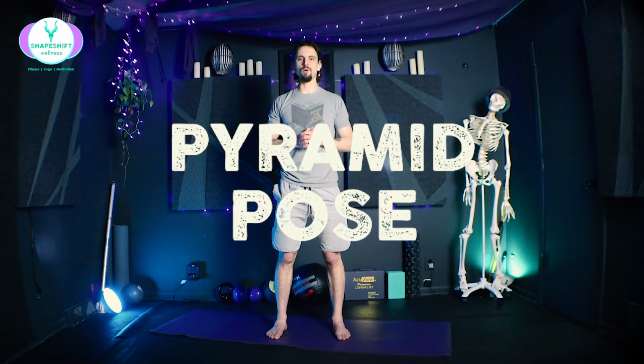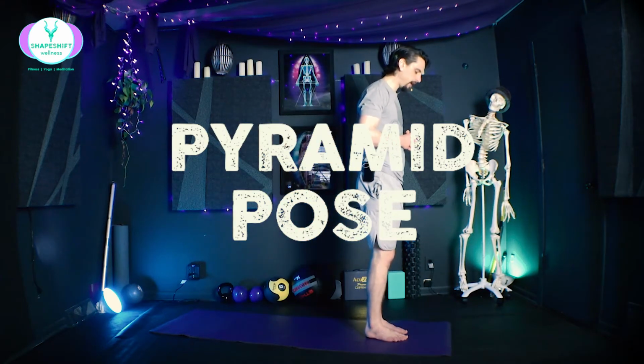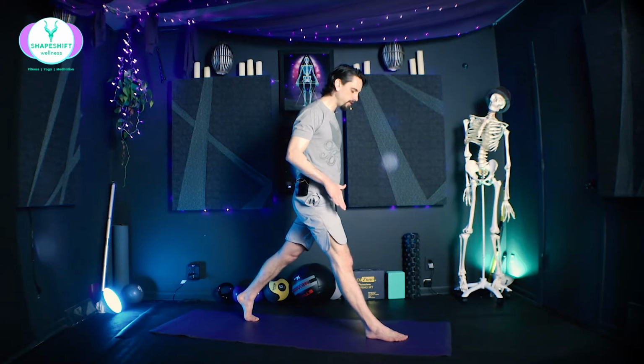Parsvottanasana, pyramid pose, my variation. You'll begin at the top of the mat and you can step your left foot back. Now the distance between the legs in this case doesn't need to be any longer than the distance of one